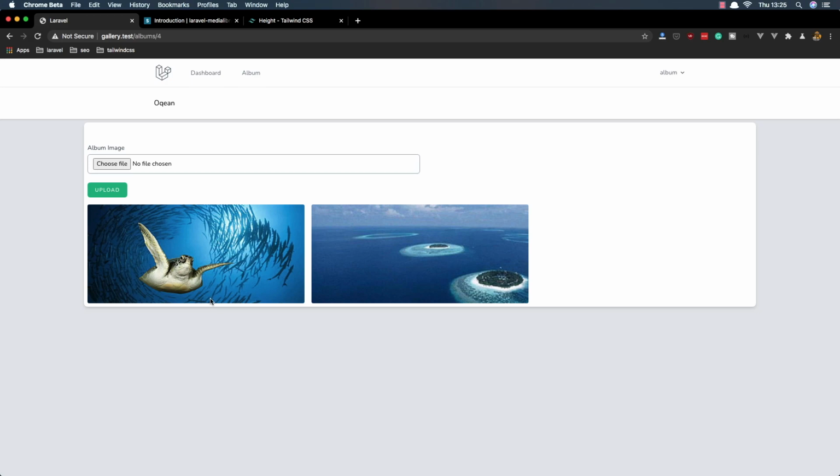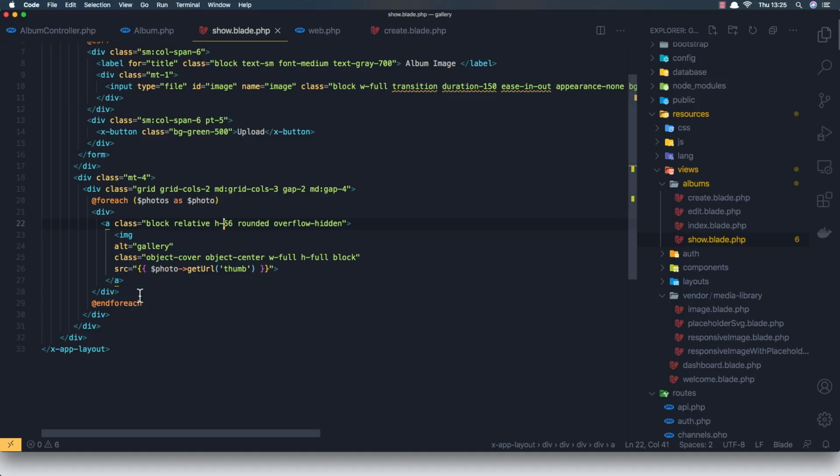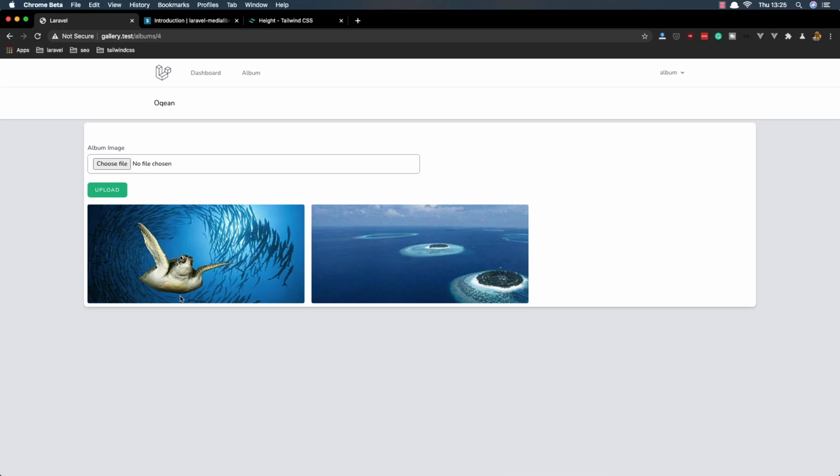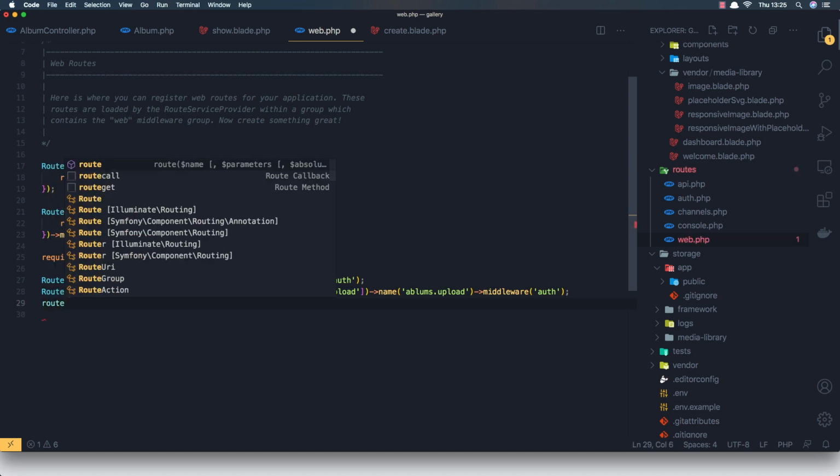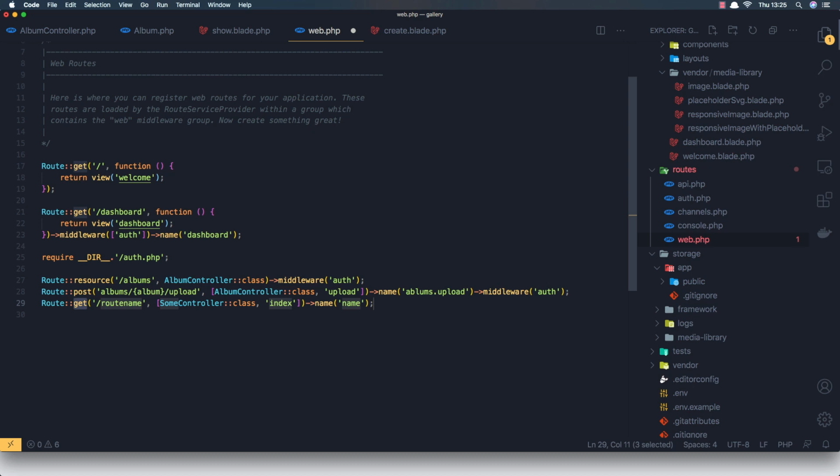Okay, and here we are. So now I want to add a button or a link to go to view this original image. But before, we need to register a route here,